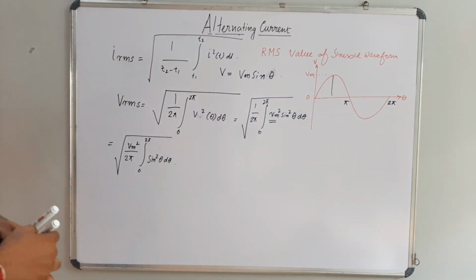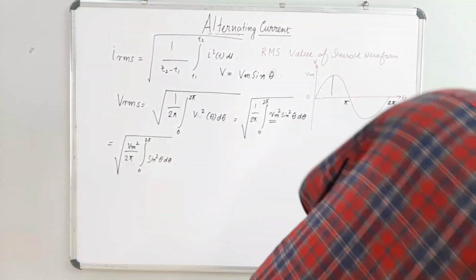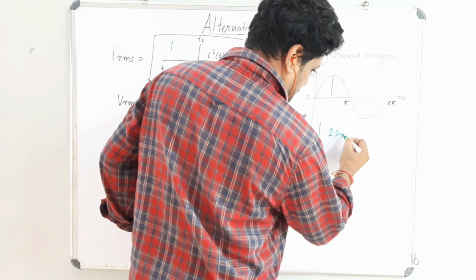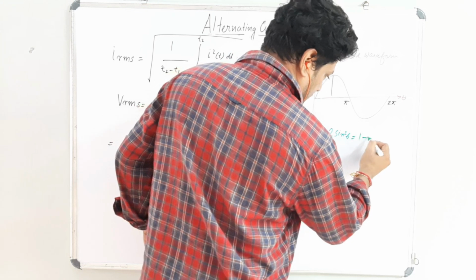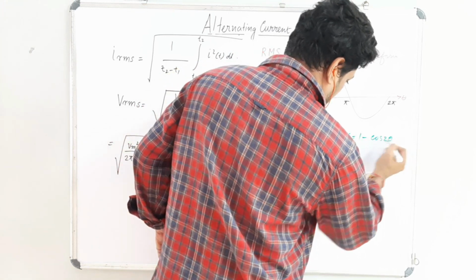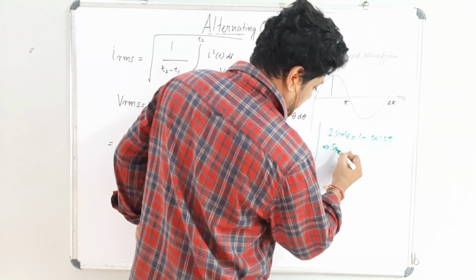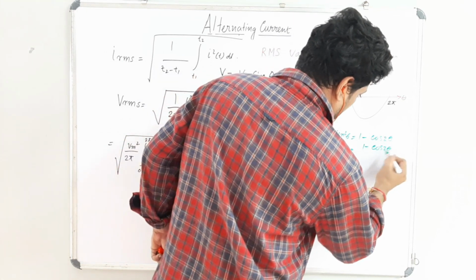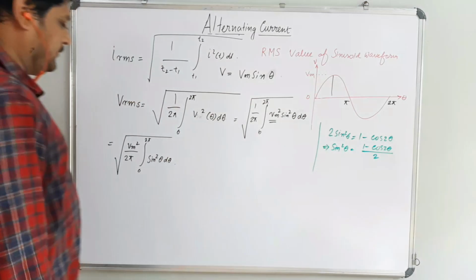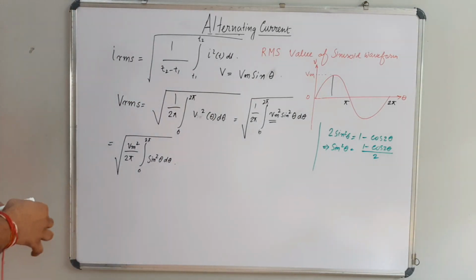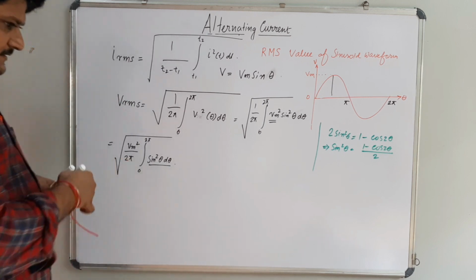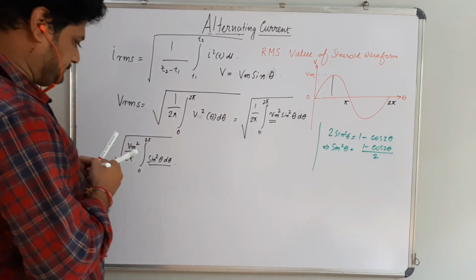We know that 2 sine square theta is equal to 1 minus cos 2 theta. Now sine square theta is equal to 1 minus cos 2 theta by 2. Now you put 1 minus cos 2 theta by 2 instead of this sine square theta d theta. So it is